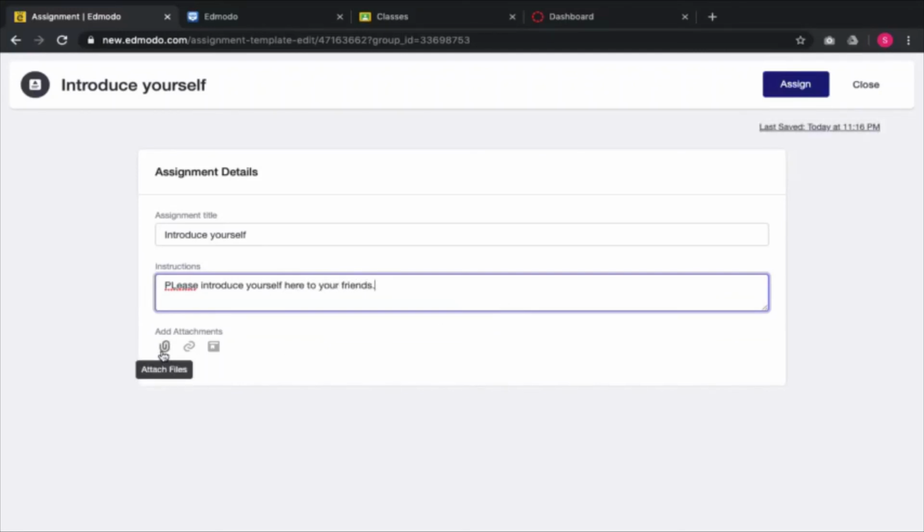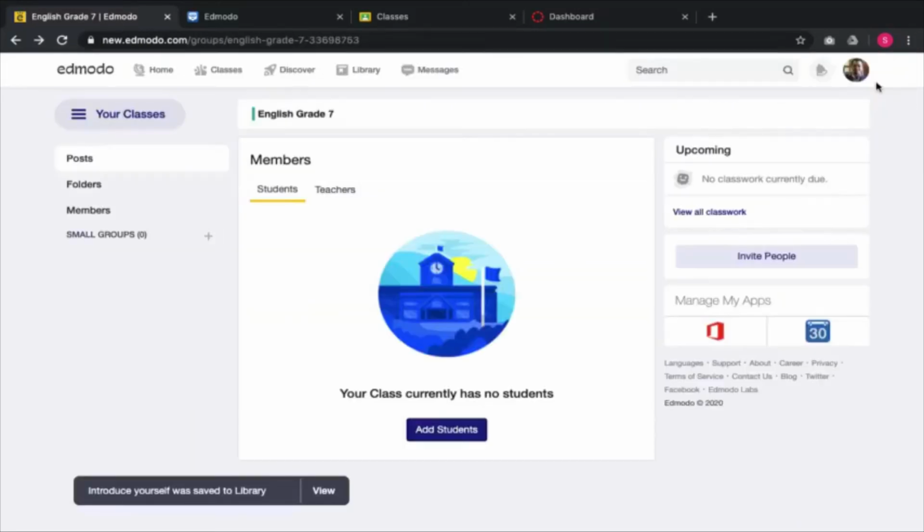You can add attachments to this particular assignment. You can add links, and you can add something from your existing library. Now, assignment details usually have an option to either include it in your gradebook or not. But one thing that is also quite nifty, quite creative, and quite useful is